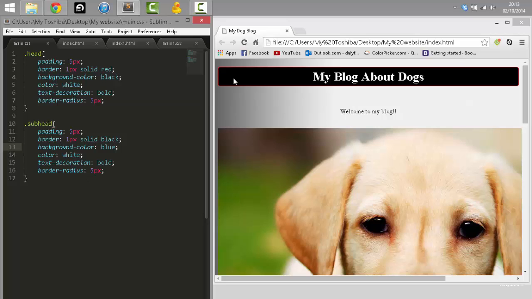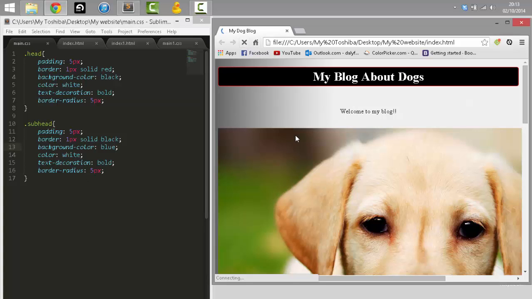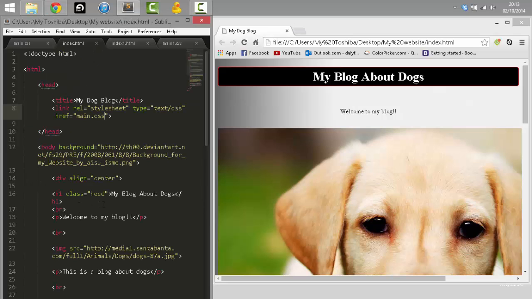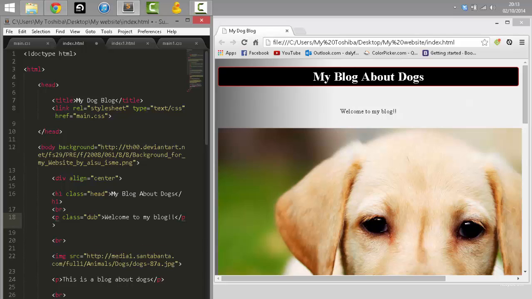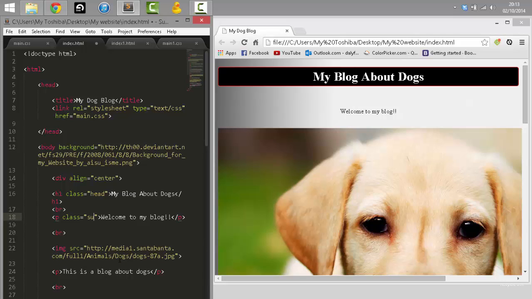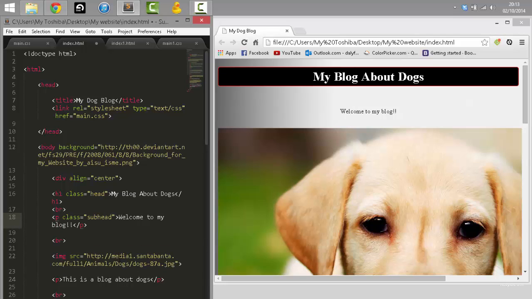Yeah, Control S, reload. And we didn't classify it. Class subhead. Control S, reload,